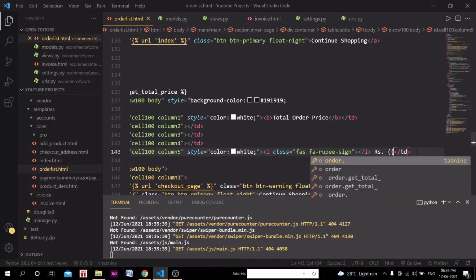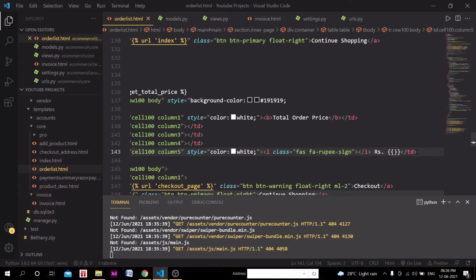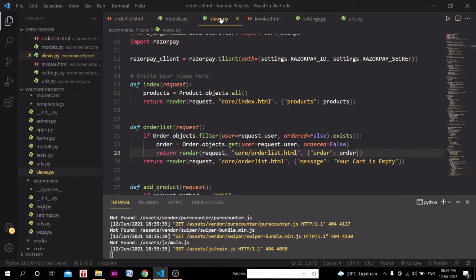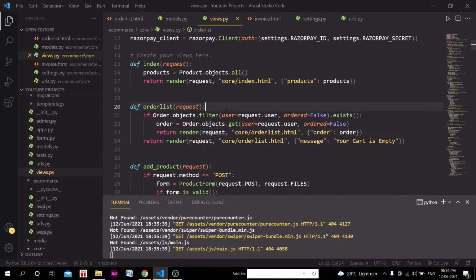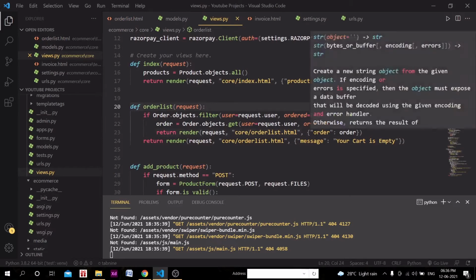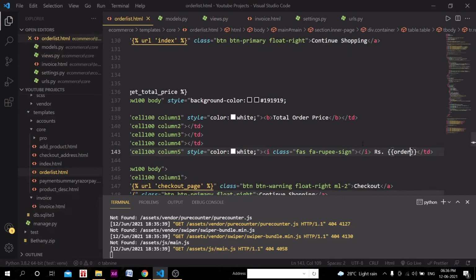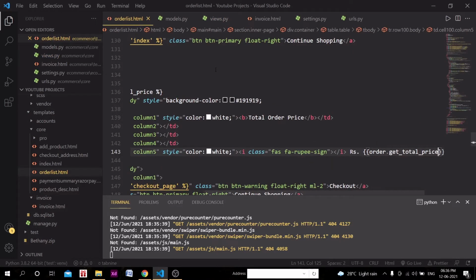In the double parentheses, we need to call that order object. Remember, in the views.py file, when we were calling the order list view, we were rendering the order list page, and with it we were returning the order object. So we need to use that order object here, dot get_total_price. So get_total_price was the function.